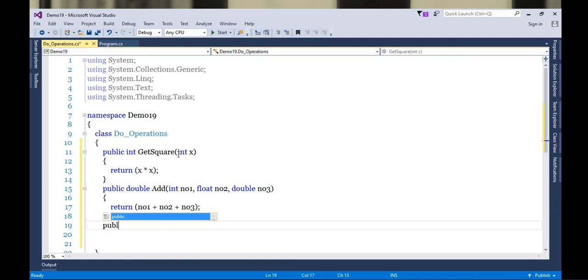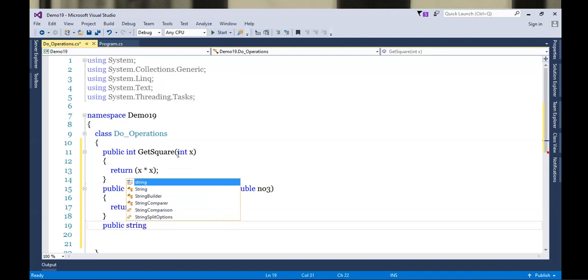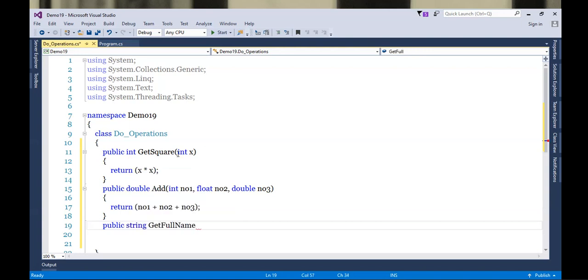Fair enough. Let's write one more, like public string, let's say GetFullName, and we'll be passing first name and last name.